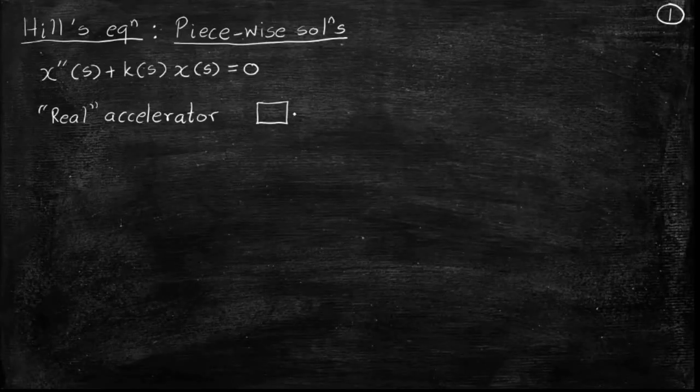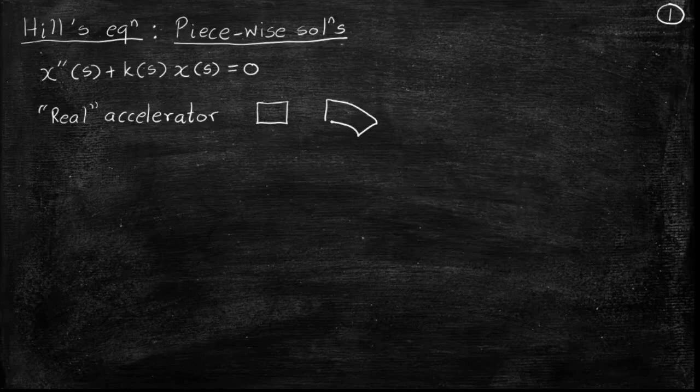Consider an accelerator which is like this. There is an ion source. There is a bending magnet. This is a simple ion implanter type of machine. The beam goes this way, bends in the bending magnet, and impinges on some target. Typical ion implantation works this way. There is an ion source, there is a bending magnet, and then there is a target where the ions will go and hit.